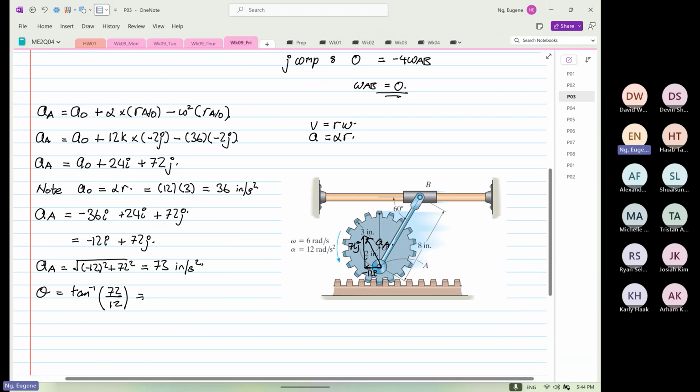Okay, so 72 divided by 12 inverse tangent